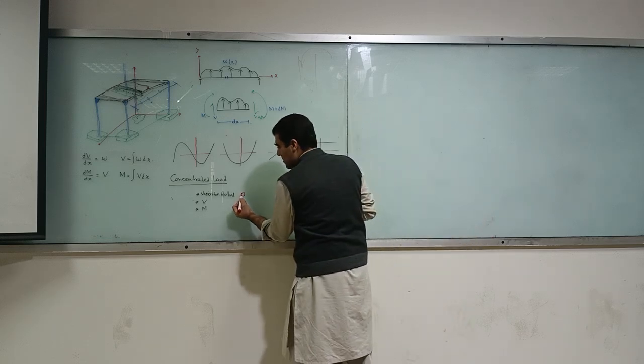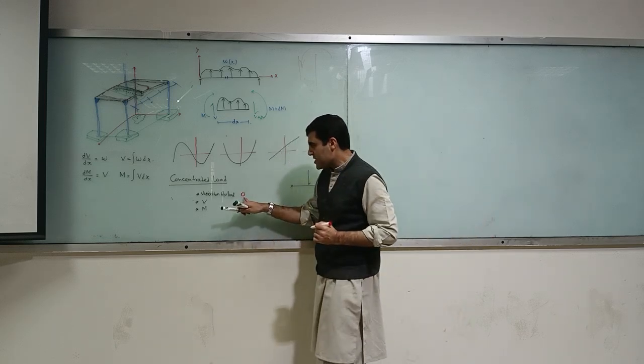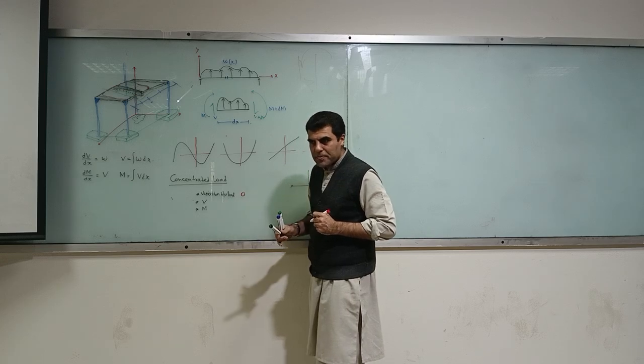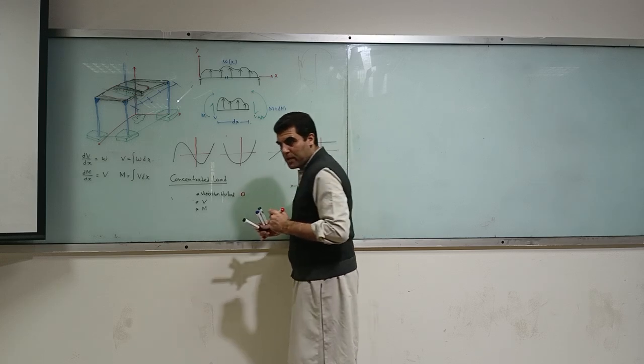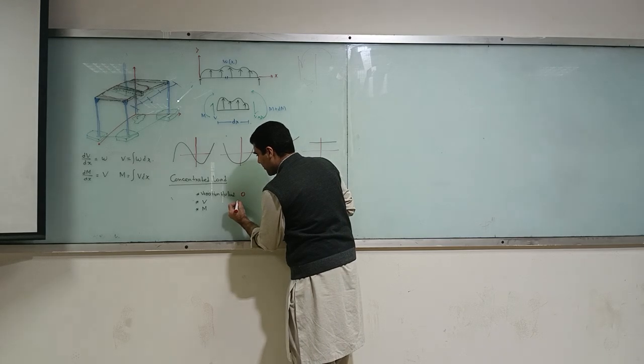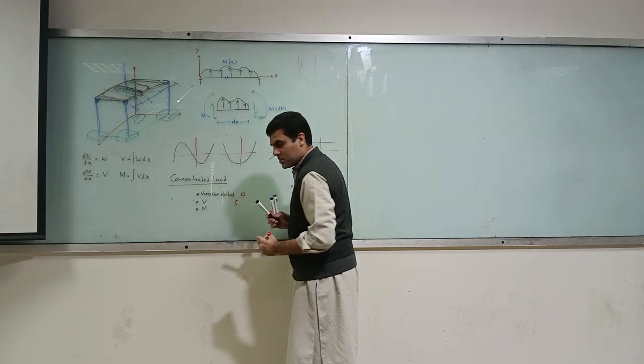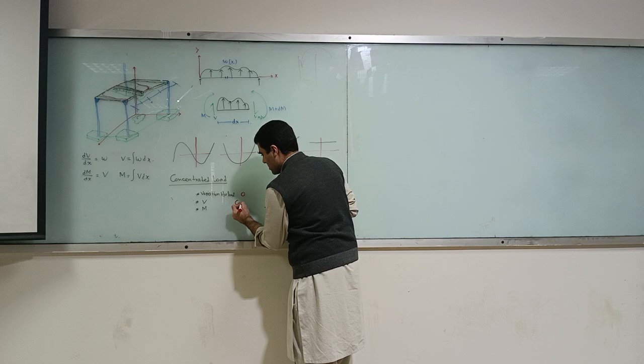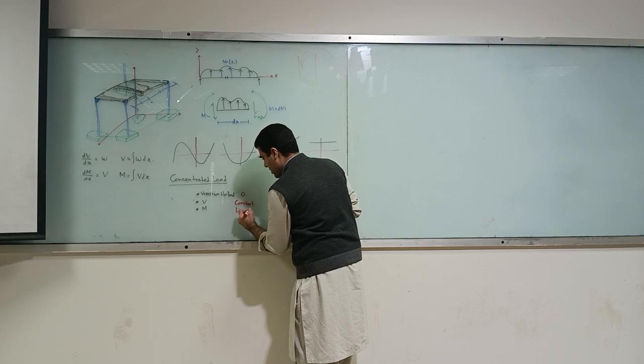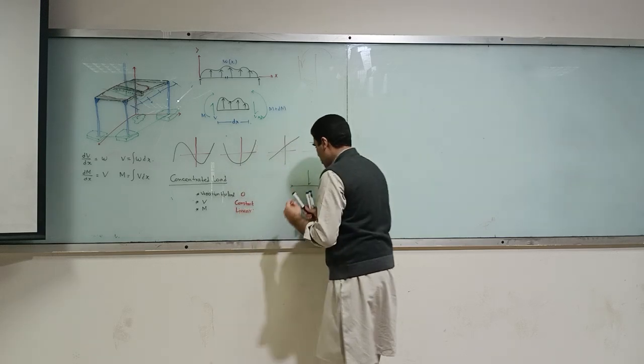So if variation between the load is 0, what will be your shear? Shear will be constant. And moment will be linear. So in other words,